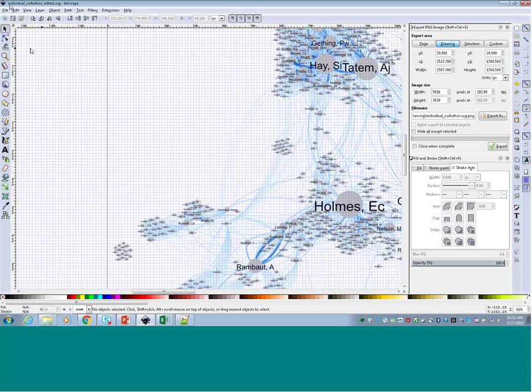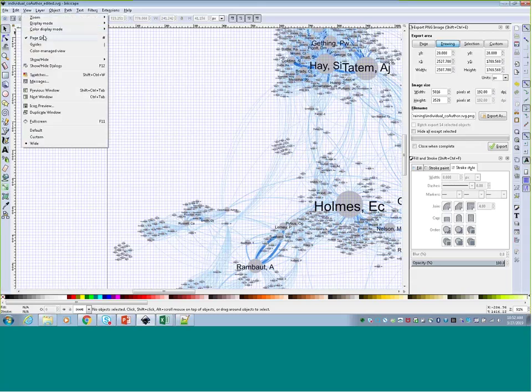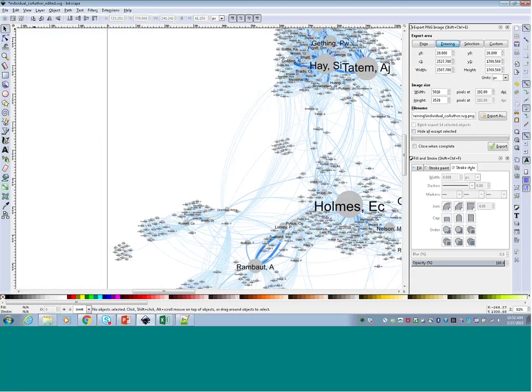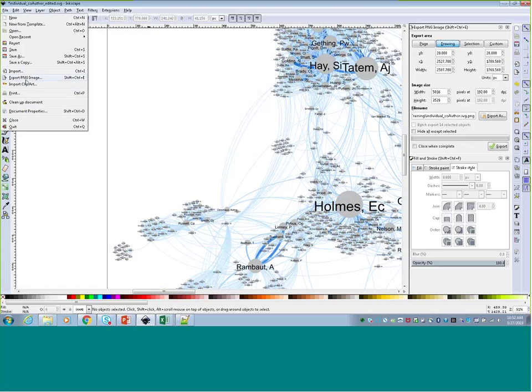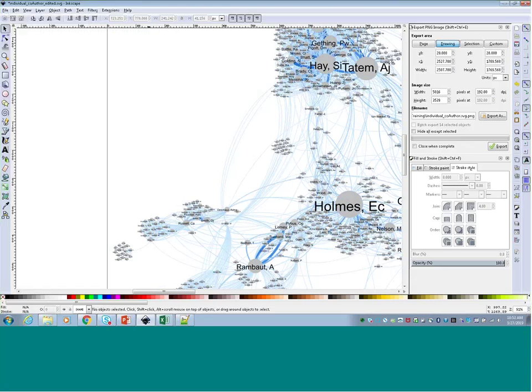So once I've made all my changes, I can again just turn the page grid off by selecting View, Page Grid, and then doing File, Export PNG Image. That's how you actually bring up this dialog box. I will also mention, though, that we can also save as other kinds of file types. So if we wanted to save it to something other than a PNG, we could do that too. But for the moment, we'll just select that Export PNG Image, and that will bring up this box.